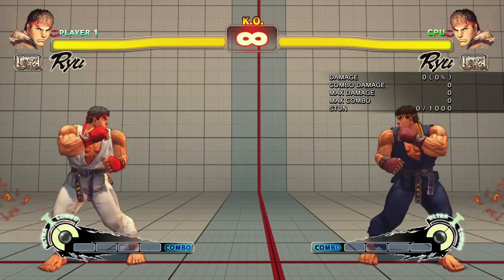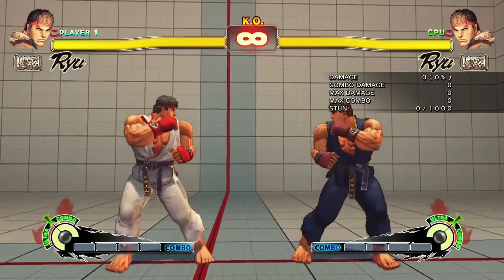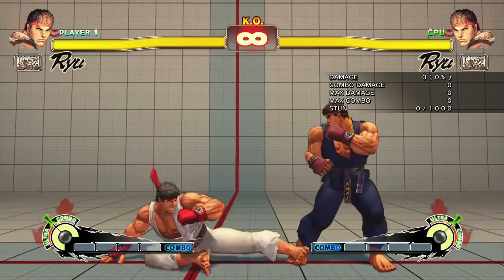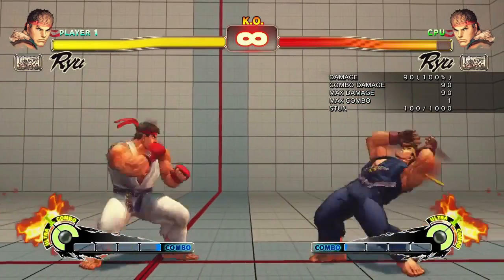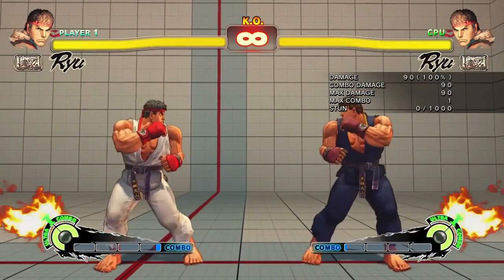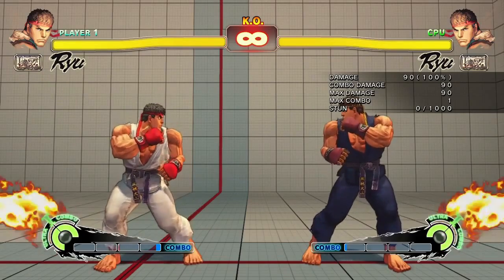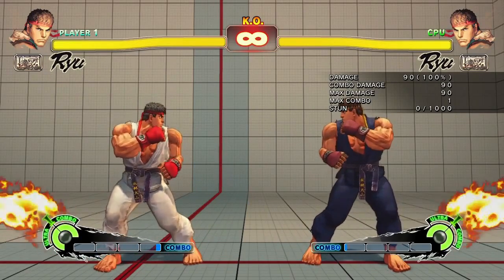But if you want to make sure the fireball hits, you really want to stand in this range, which is right outside of low forward range. As you see, his low forward is not hitting at all. The sweep will hit though, but you really don't want to just do a sweep because one, sweep is unsafe on block. It can be focused, they can punish it. If you do a sweep and they see it coming, or they guess that it's coming,